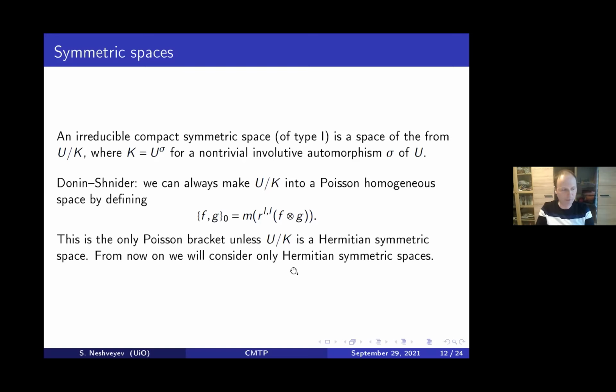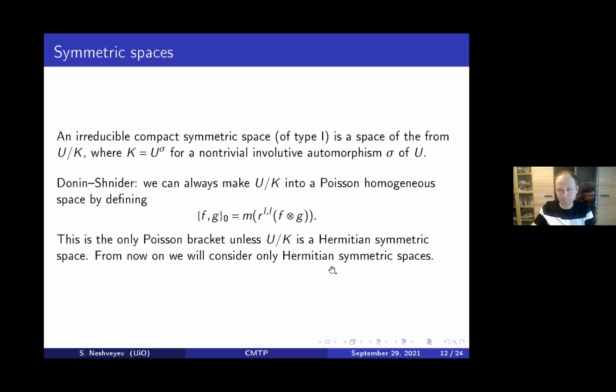The reason is the following: on the one hand, this is more complicated and more interesting, exactly because you have many Poisson structures, or as we will see, many other related non-uniqueness types of statements. But at the same time, the formulations also become somewhat better. The non-Hermitian case is easier, but at the same time a bit more awkward to formulate. So I will just abandon it, and we'll consider only Hermitian spaces.